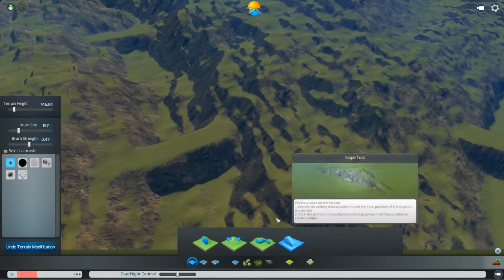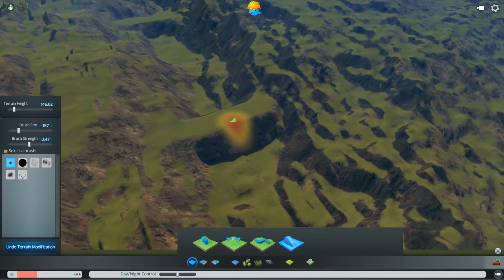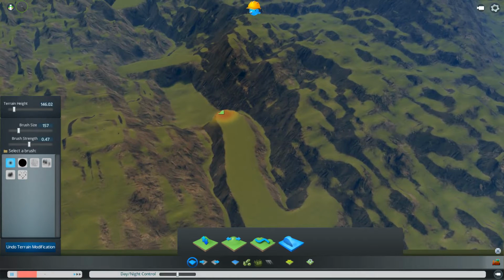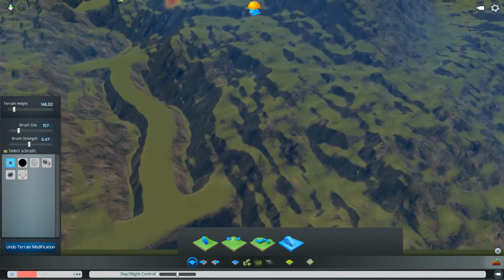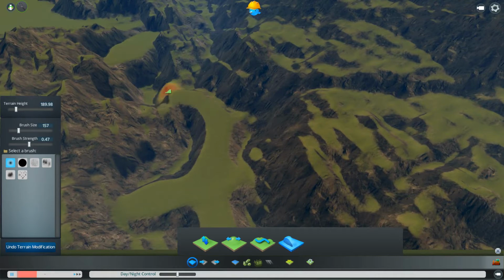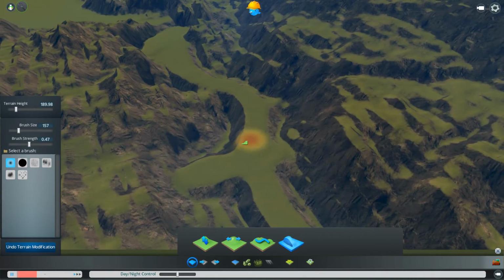Now this is where this tool's going to come in useful, because what we're going to do now is just create a graduated river up through here like that, and then we're going to do another one there. It looks a bit strange at the moment, but just widen this out a bit,